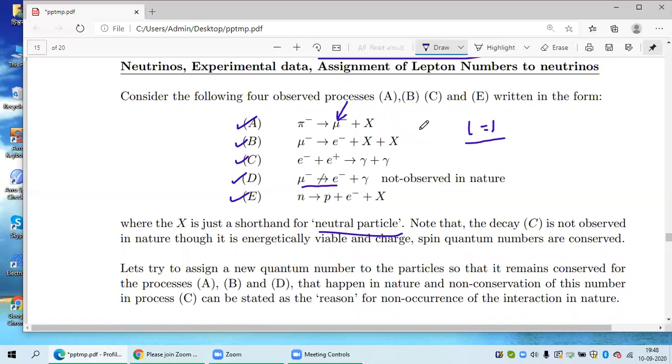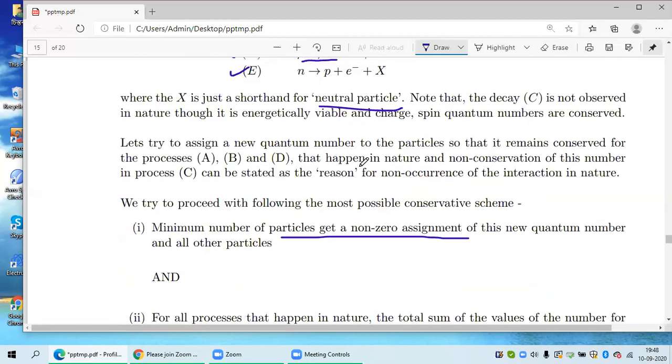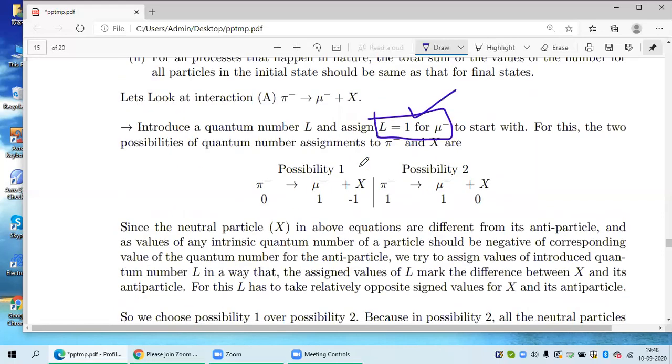So what we have done so far: I did L equal to 1 for this, and chose L for this and this in such a way that in this reaction the total L is conserved. Given this initialization, we are free to choose L of X and pi in such a way that L is conserved. And that freedom leads us to two possibilities, this and this. Now we choose possibility 1